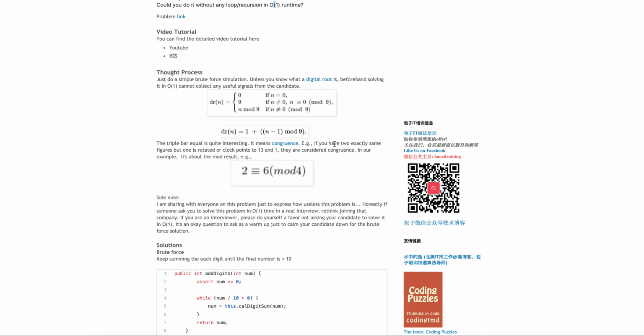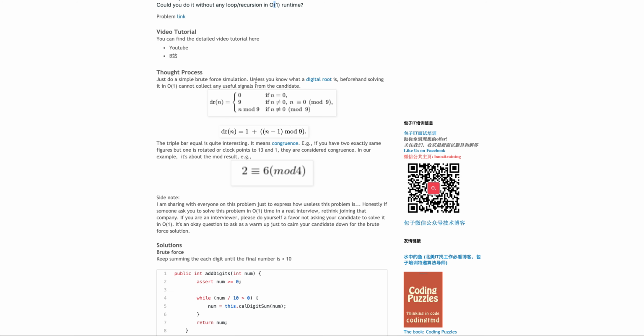For example, you have two shapes that are exactly the same, and then you rotate one shape at a slightly different angle. They look different, but they're still the same thing. That's what you call congruence. Or it's like in logic, if your clock points to 1 o'clock, it could also mean 13. Those 13 and 1, you can call them congruent if you mod by 12. So in our example, if you have 2 and 6, if you mod by 4, they're basically equal. They are congruent. So this problem just uses this kind of